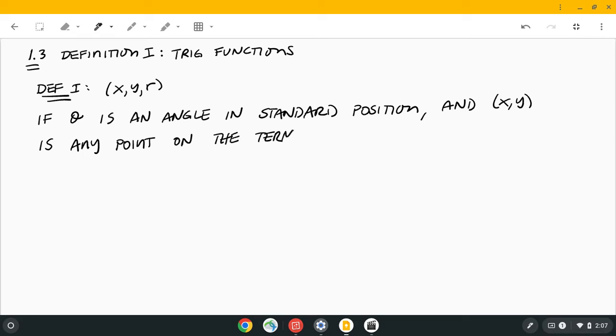and I'll draw a picture of this so that you have a visual of what we're talking about here. So x and y is any point on the terminal side of theta, but not the origin. Then the 6 trig functions